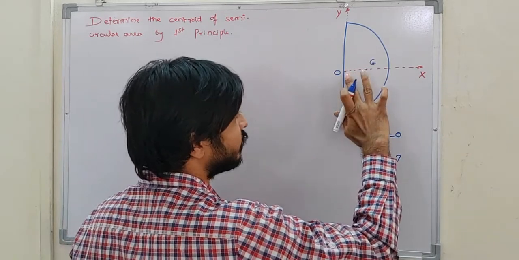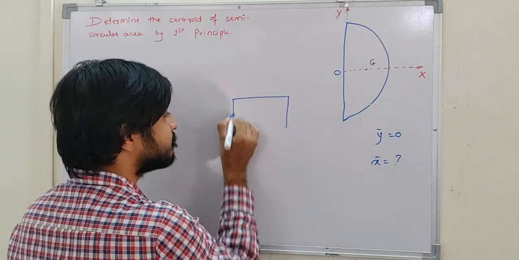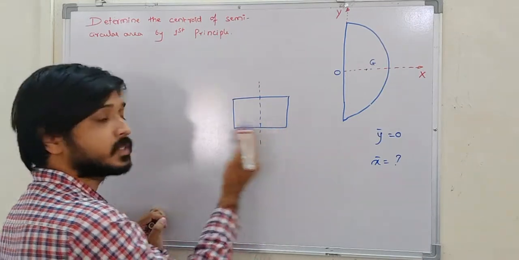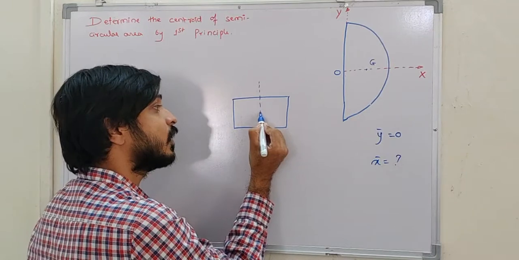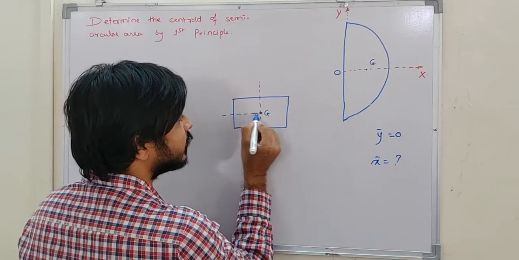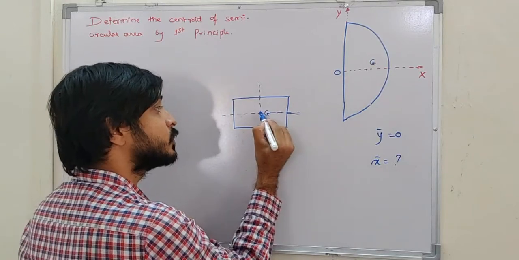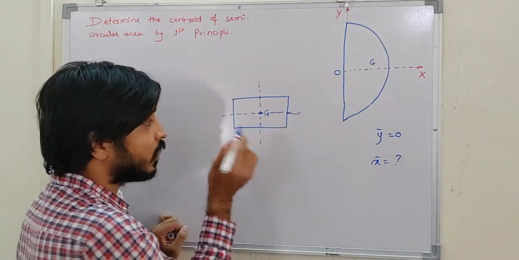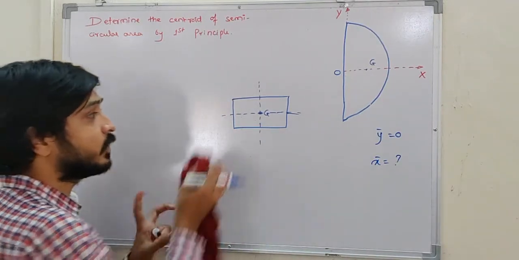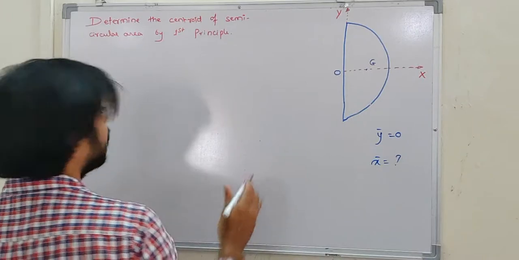Not only for this, whenever you get any other diagram, even if I take a rectangle and draw one line at the center of the rectangle, it becomes symmetric, right? If it is symmetric, it means on the symmetric line itself there will be a centroid point. Even if I draw a vertical symmetric line, the upper part and lower part are symmetrical. So wherever we have a symmetric line, on the symmetric line itself we get the CG. So that you need to remember. For that reason we are not going to find Y bar here, because Y bar will directly lie on this point itself.